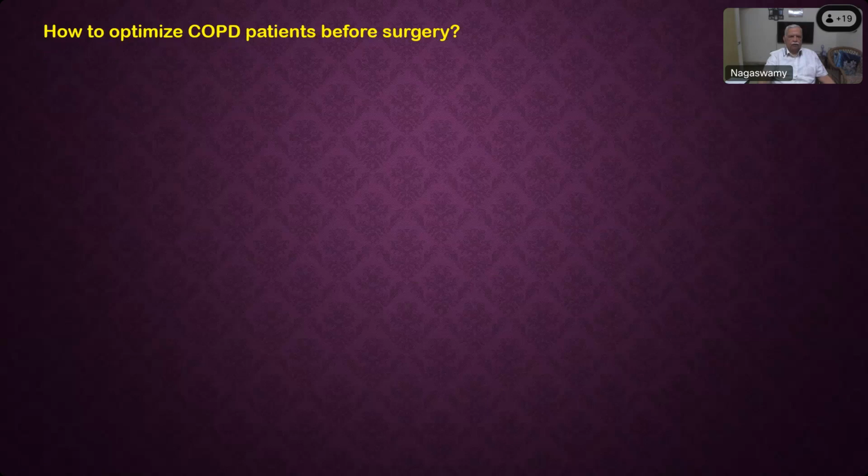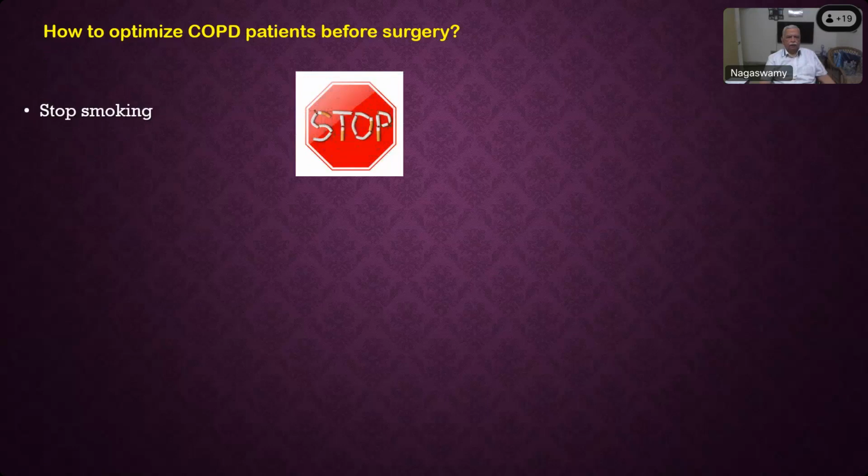How to optimize COPD patients before surgery? What are all the things that you should do? For smoking, this is from the practical exam: stop smoking first. Very good. So stop smoking. Right, then